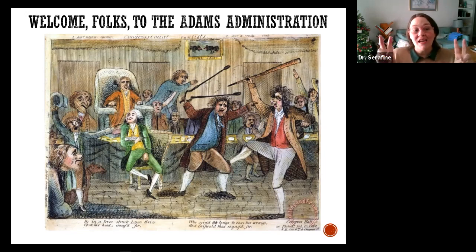Thomas Jefferson calls this a reign of witches. He says this is blatantly unconstitutional, blatantly in opposition of the First Amendment. And here we have one of the many fights, a representation of one of the many fights in Congress that breaks out over this. This is politics in the age of passion, after all. And this turns, I mean, Adams is already unpopular. Even his supporters don't really like Adams, but this is going to mostly demolish his chances for a second term in 1800. So let's talk about the election of 1800.